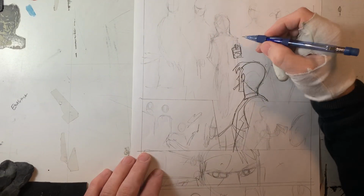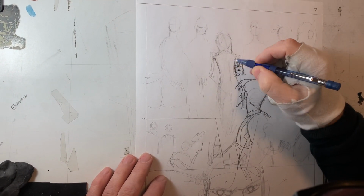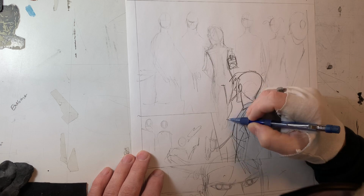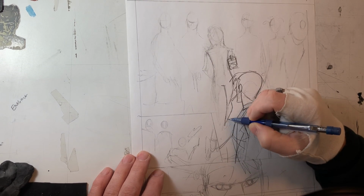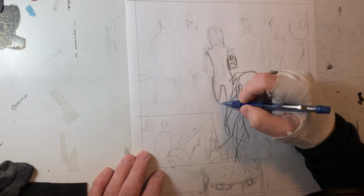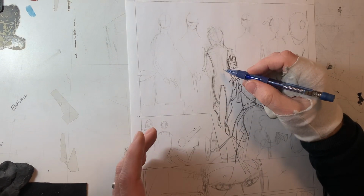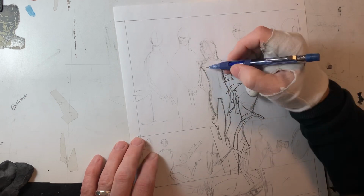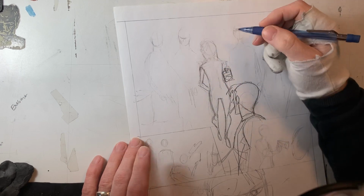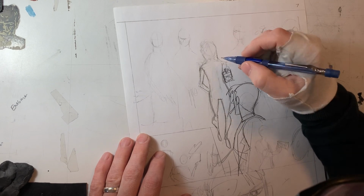Also, I noticed working digitally, because I can't get my digital pen to work exactly like a pencil, I find I end up doing many more layers of this than I need to. More layers of these pencils digitally than I would with a pencil. With a pencil here, I'm just going to do this, and then maybe that pen outline. But when I'm working digitally, to get those details, I can't say why. I don't know if it's a mental block, maybe I'm not using the tools correctly, but I end up doing